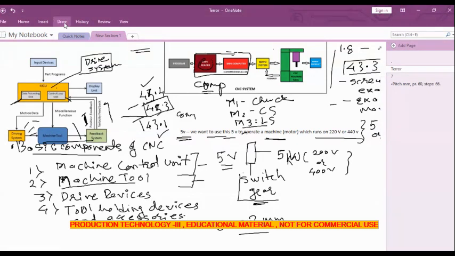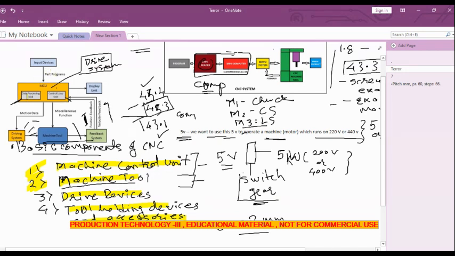It is a machine control unit. Machine control unit, machine tool, drive devices, tool holding devices and accessories. These are the main components of a CNC machine. Out of this, we have discussed something related to the machine control unit, and different parts of the machine control unit are